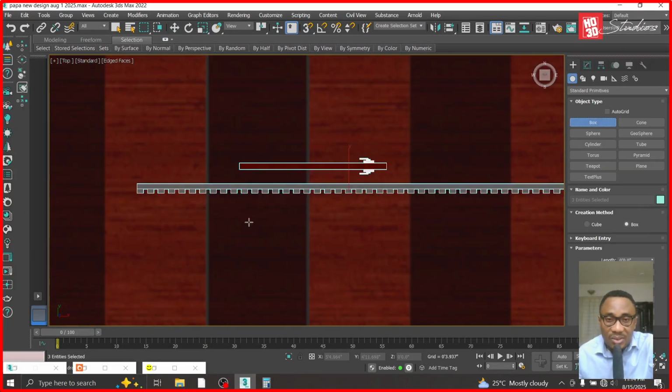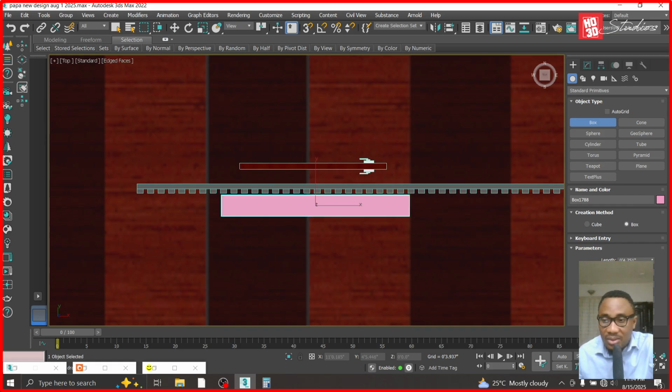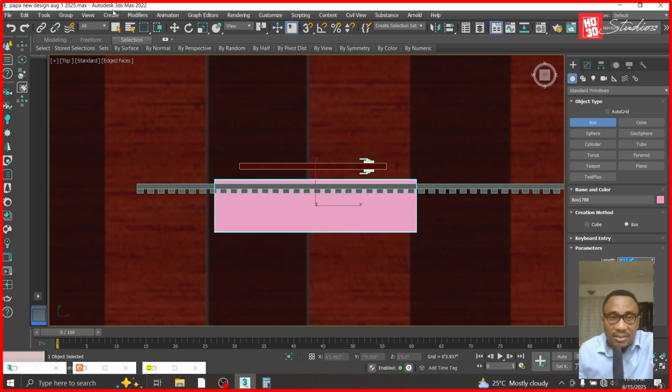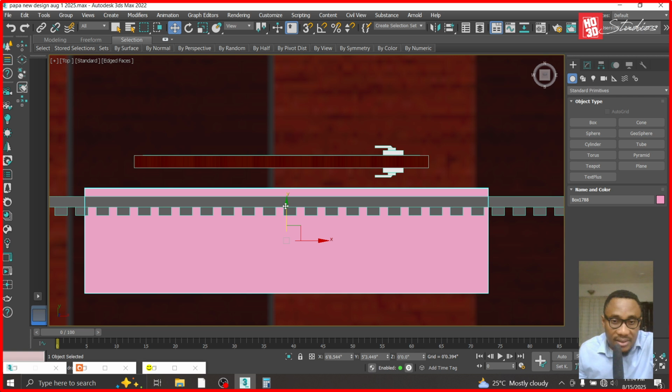and let's draw 0.5, say 6. It's too wide. 5. Let's see 4. Okay, 4 is okay. Then 1. So let's take this